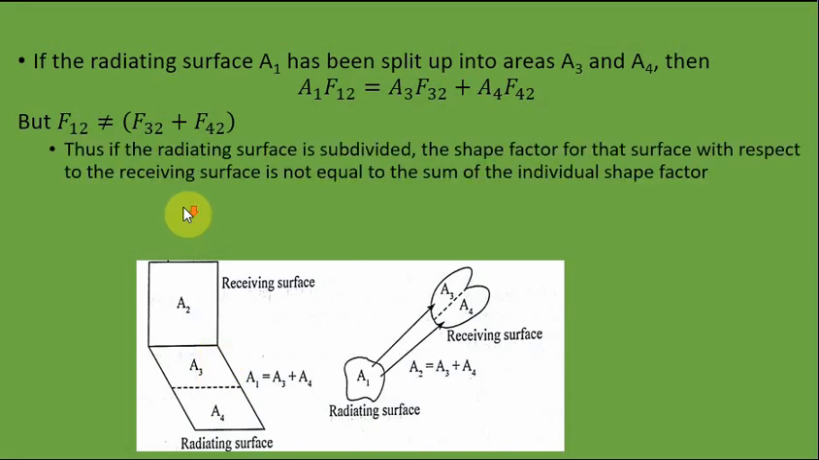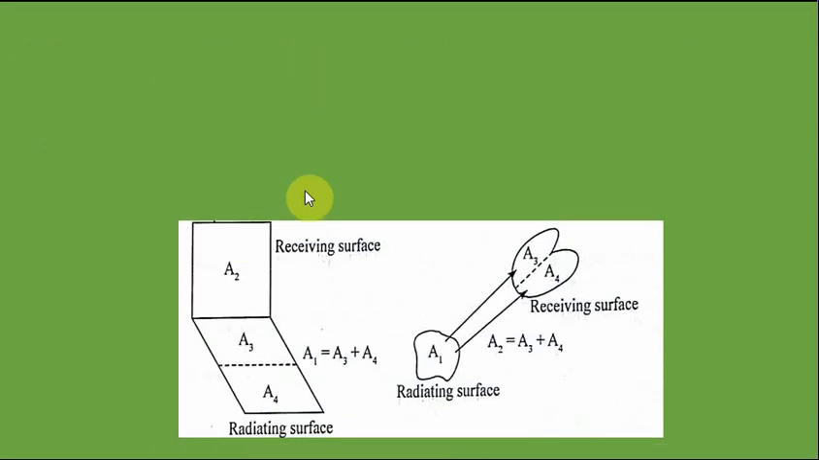Now, if the radiating surface is subdivided, the shape factor for that surface with respect to the receiving surface is not equal to the sum of the individual shape factors. But in the same way, if you consider